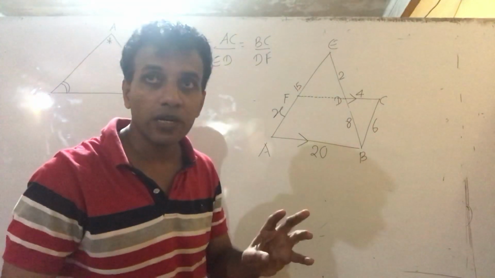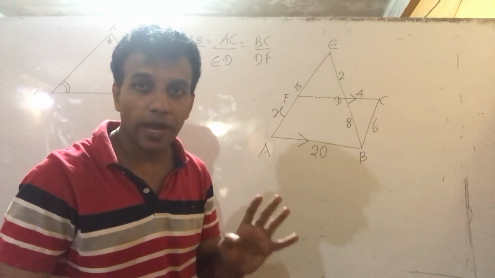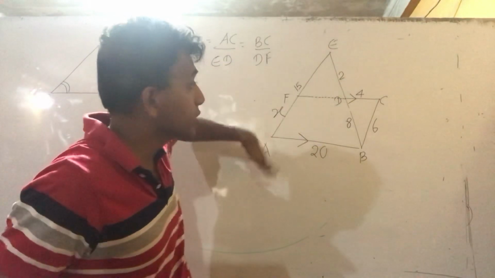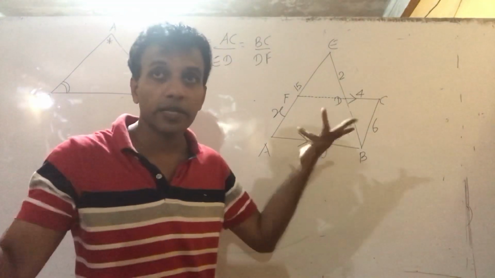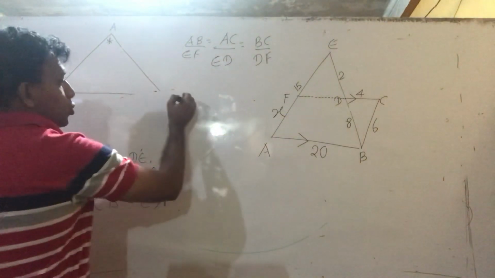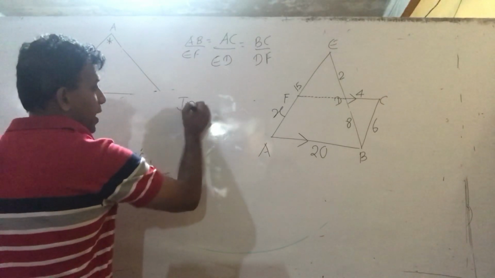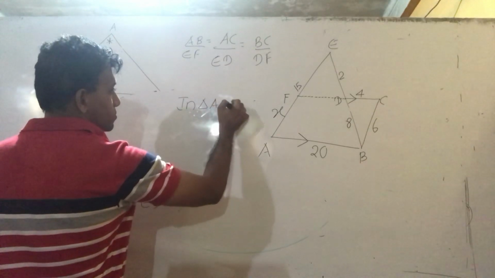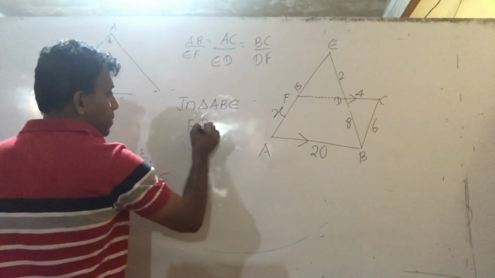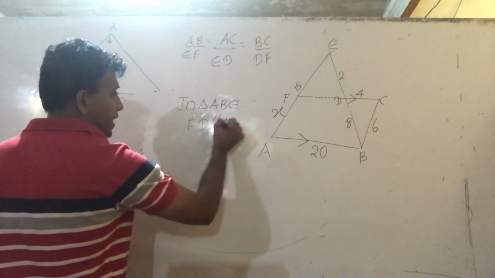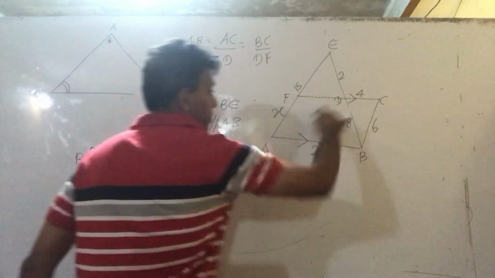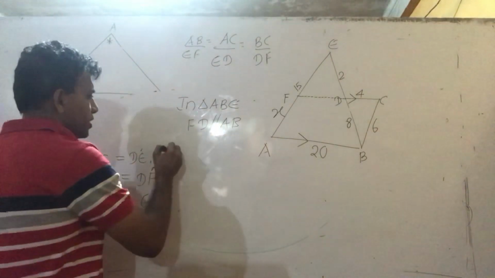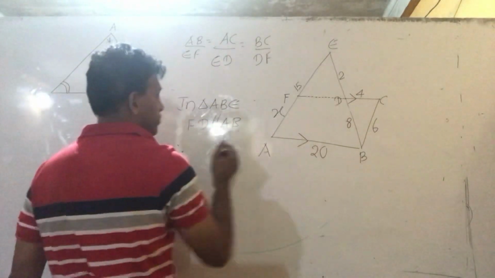In a triangle, what is ratio theorem? In a triangle, a line drawn parallel to a side divides the other two sides proportionally. Then game over. So if I write in triangle ABE, FD parallel to AB, they said produce CD. Therefore, write the ratio. x is to 15